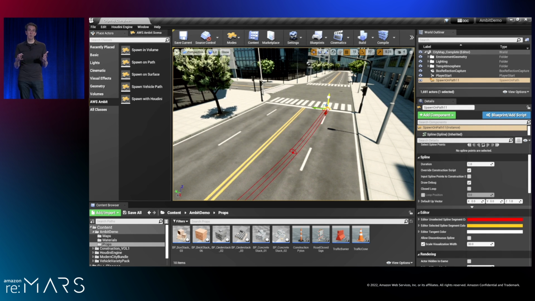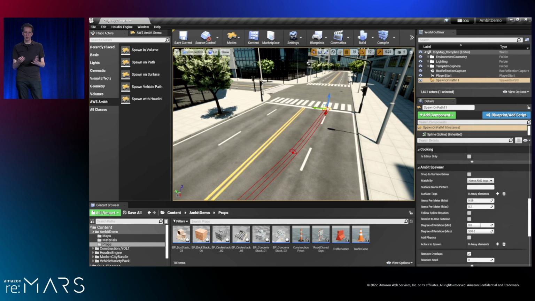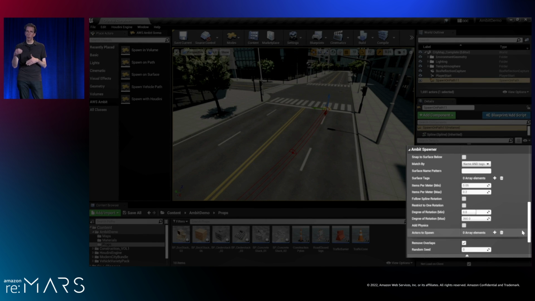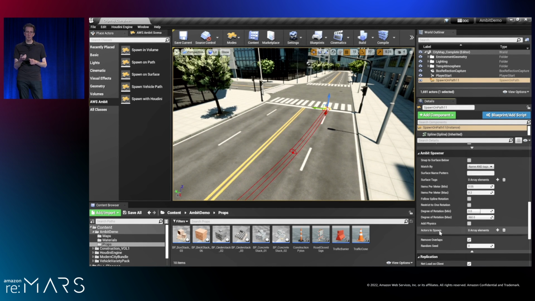And now we just have to set some settings on this tool to control its behavior. So those settings are found in the Details panel, which you see on the right. I'll scroll down to the Ambit Spawner section, and you'll see a whole bunch of different parameters we can use to control the behavior of that tool. So I'm going to start by telling it exactly what type of item I want to be placed along that path.